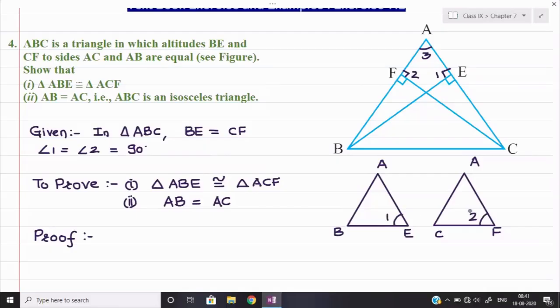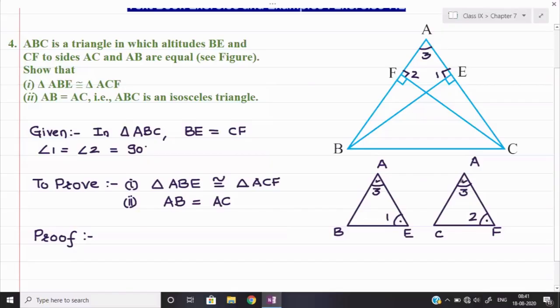And as I have told you, angle 3 we can write down with different names over here. Same thing is happening again here. Angle BAE is also angle number 3. Same way angle CAF is also angle number 3. So still angle 1 and angle 2 are equal. As compared to the previous question, angle 3 is equal to angle 3. It is also coming common and hence it is equal.